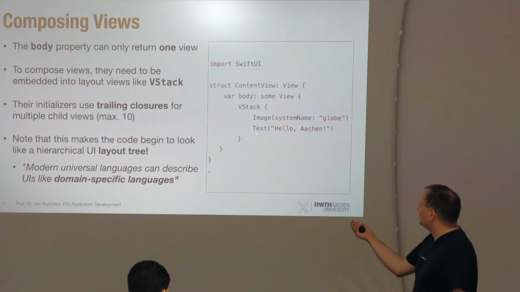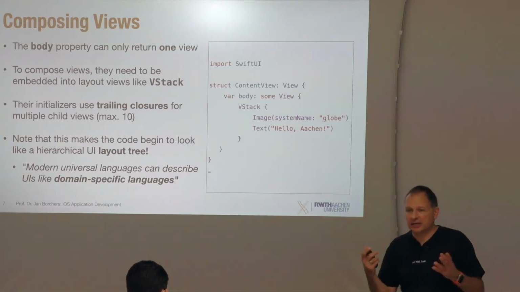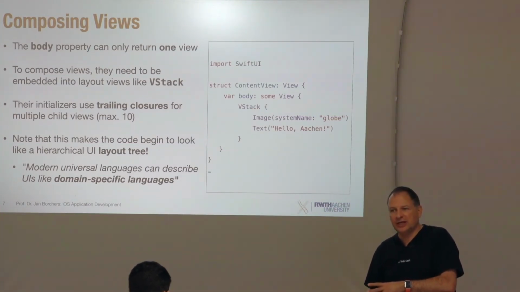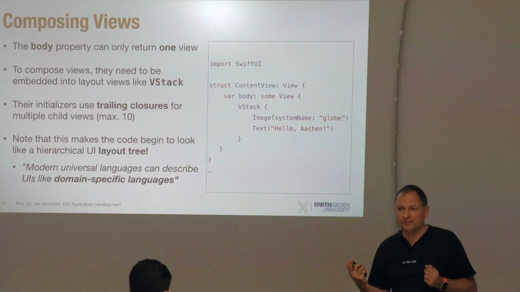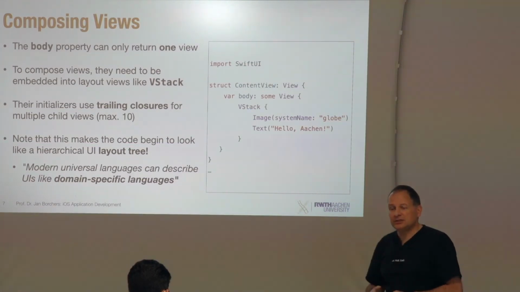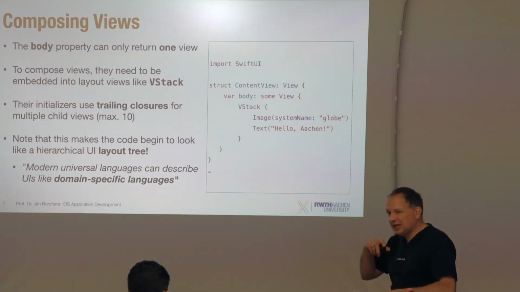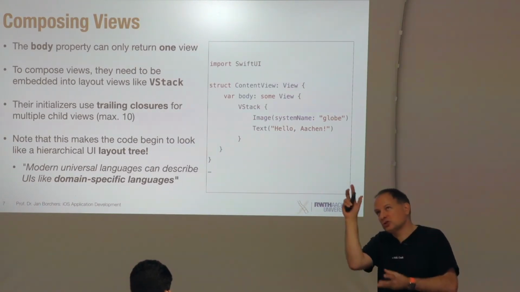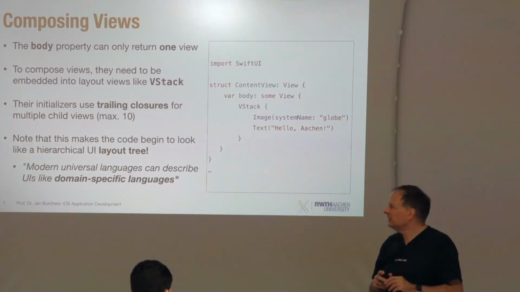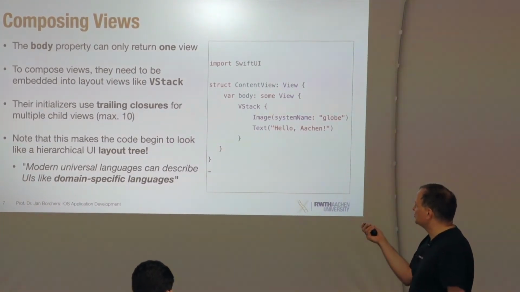This first one could have been an H stack, a horizontal stack of things, and that could have contained two things in itself, and it would all have worked out just fine. Right? So we're laying out our user interface basically by writing these nested trailing closure syntax things. And if you try to actually unwrap this, understand which code is being passed where, it hurts a little, right? But that's okay, because it makes for this wonderfully